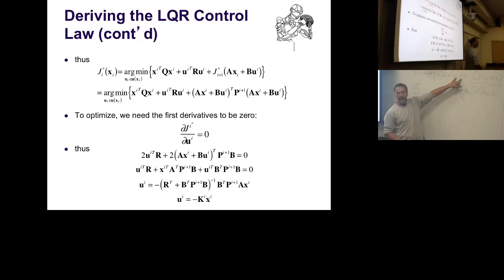Now, as long as u_i appears in those equations in a quadratic term or in a linear term, I'm fine. That usually means if I take the derivative with respect to a quadratic term, I just get a u_i which is left over. If I take the derivative with respect to a linear term, u_i disappears entirely. If there were nonlinear terms in there, it would not disappear, and I would get nonlinear terms to work with, and most likely could not solve that in the end for u_i. And that is my key problem. So quadratic terms allow me to put through the math analytically, and I get nice solutions. And that's essentially what you got to do.